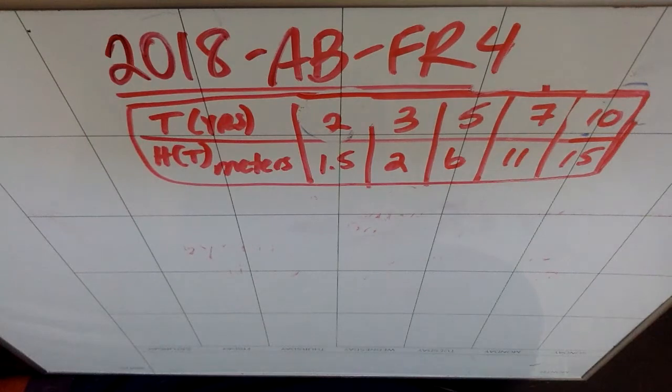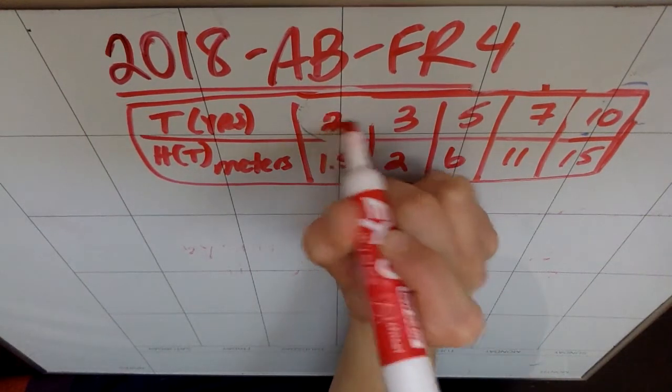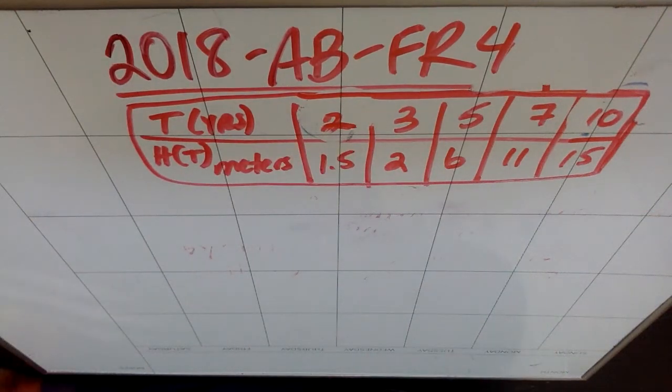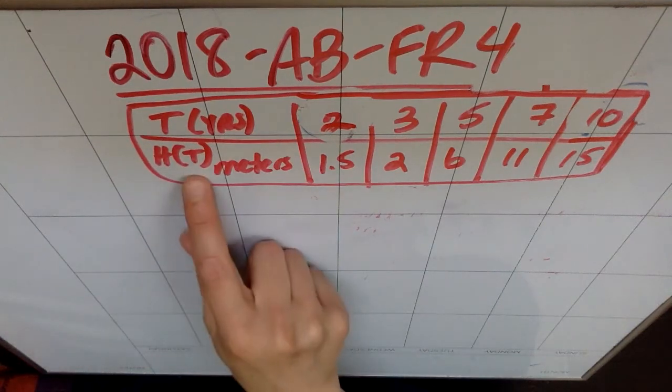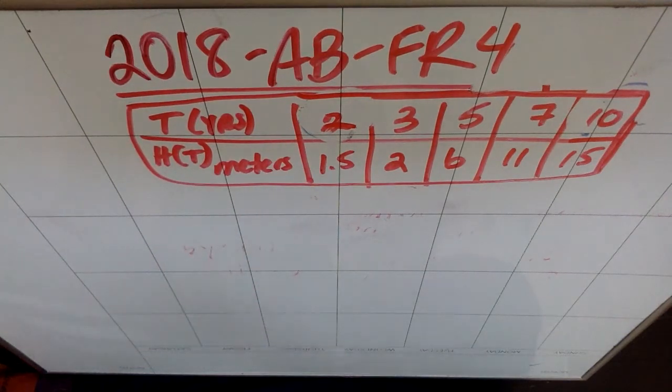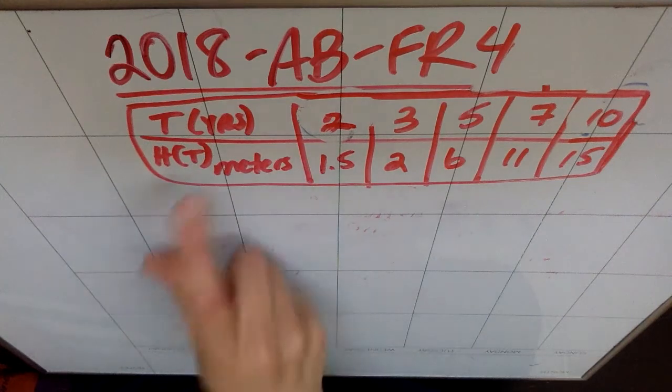Before you even read the problem, you're going to be asked to do two things when you're handed a table like this. You're going to have to find the slope of this thing to estimate the derivative of whatever this quantity is. It's going to happen. You're going to be asked to use old school slope to try and estimate this thing's